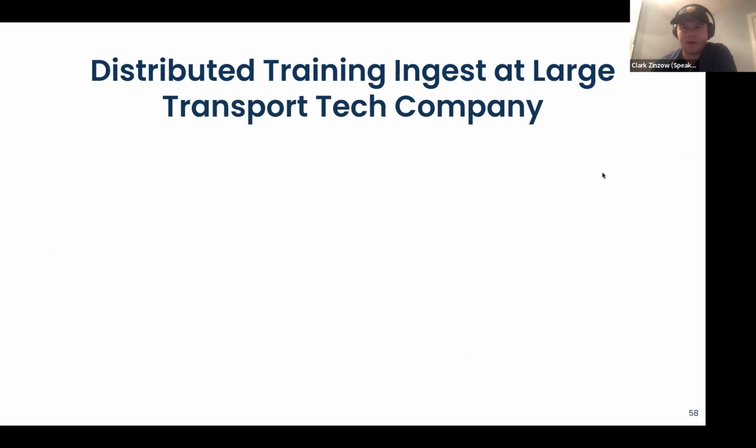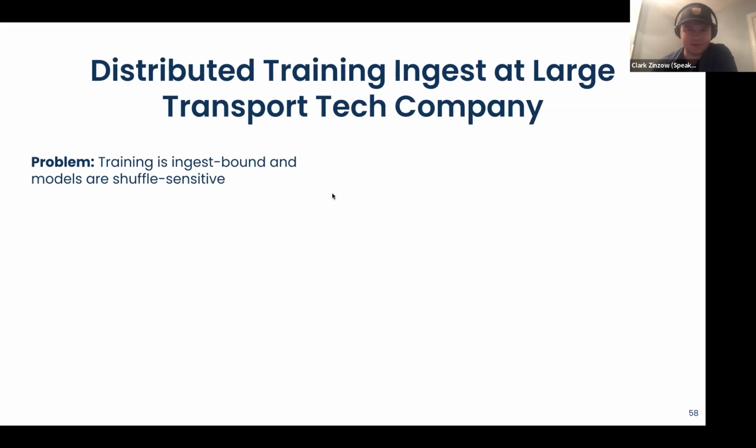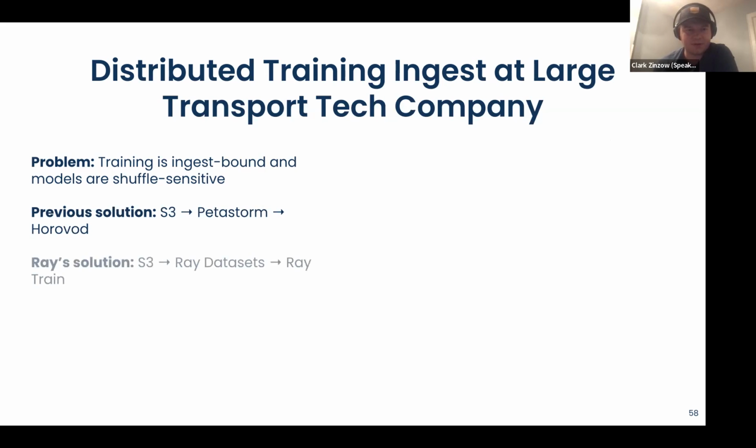Awesome. Another quick use case is a similar problem, distributed training ingest at a large transport tech company. Their training was ingest bound and their models, once again, shuffle sensitive, so they're still looking for per-epoch shuffling. Their old solution was S3, Petastorm, and Horovod, pretty similar, except with no need for Ray-based preprocessing before S3.